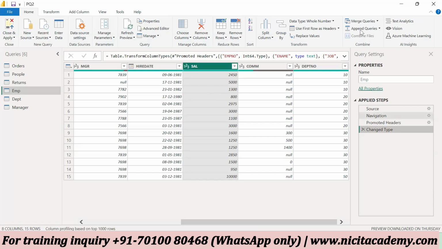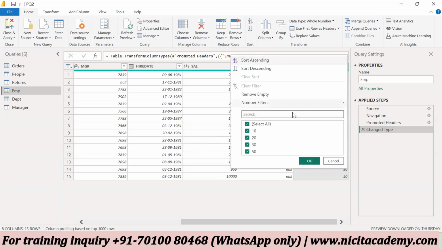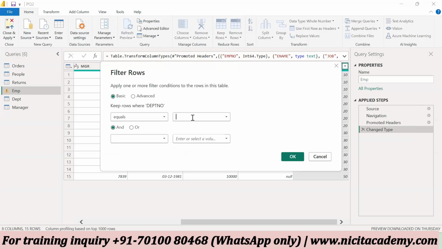This time we are having two conditions. We need to show 10 department and 20 department. So we'll go to the department number, then to the number filters. I'll write one condition, 10, because we want the 10 department. The column name, department number, is already given. The other condition is 20, so I select 20 here and again give it as equals. So this time two conditions are there,